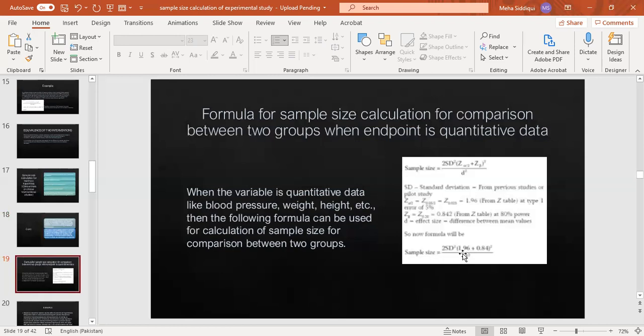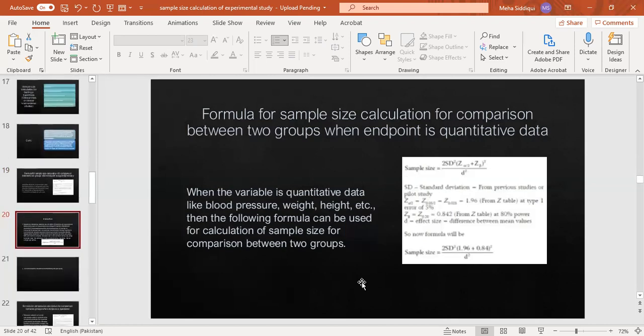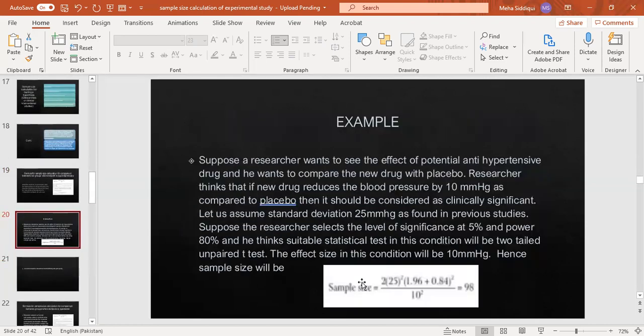So now the formula will be this, putting these values where Z alpha and Z beta are fixed, and the standard deviation and D we get from pilot studies or previous studies. For example, suppose a researcher wants to see the effect of a potential antihypertensive drug and compare the new drug with placebo. The researcher thinks that if the new drug reduces the blood pressure by 10 mmHg as compared to placebo,